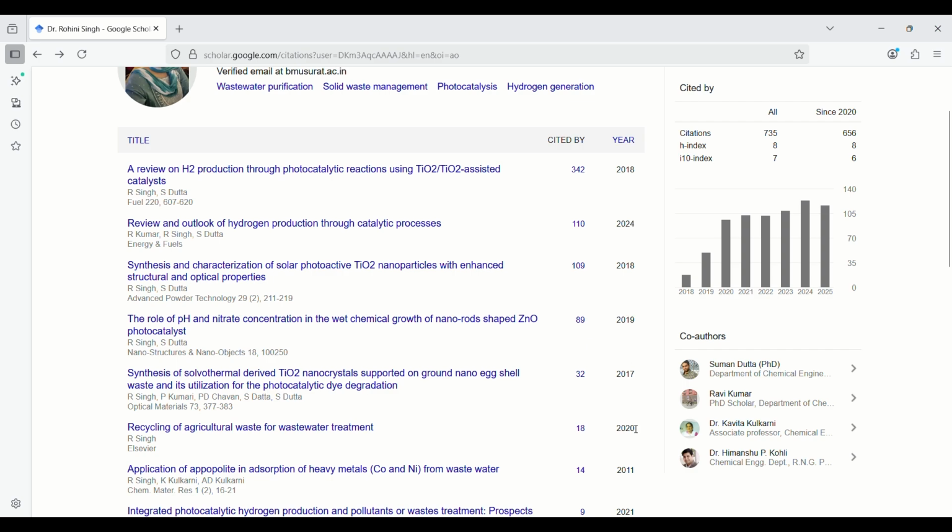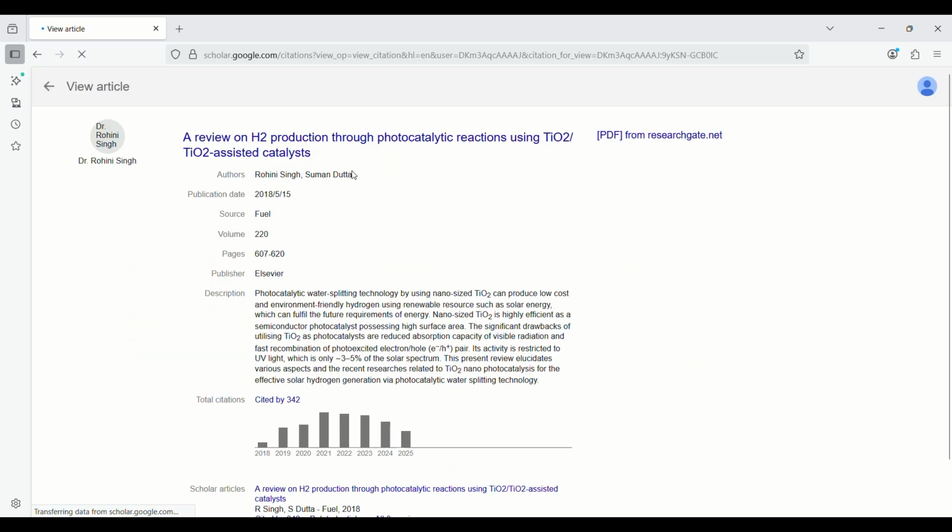Now, let's move forward. If you click on any of the publications, you'll be redirected to this page.